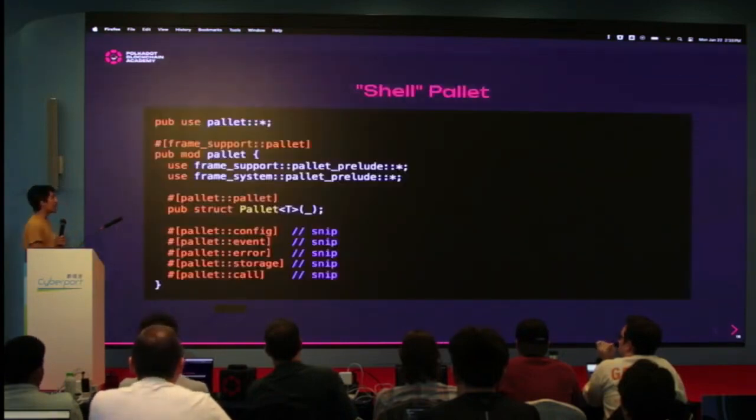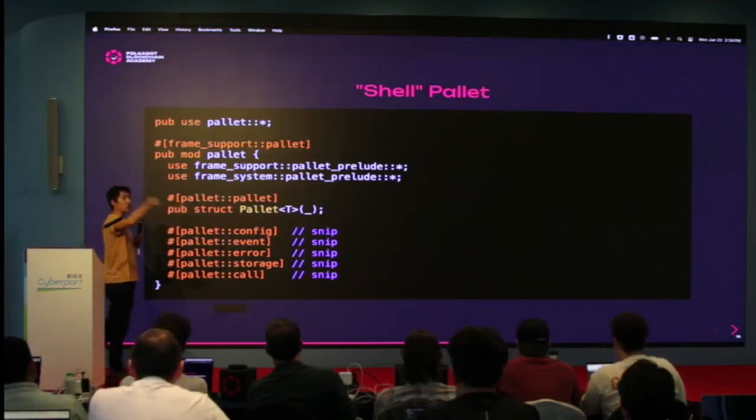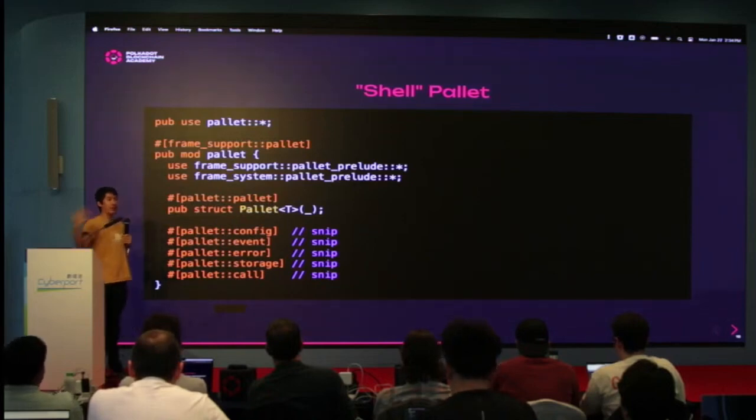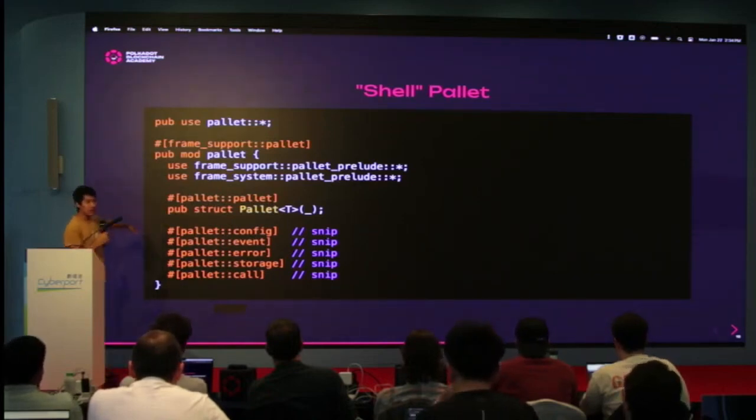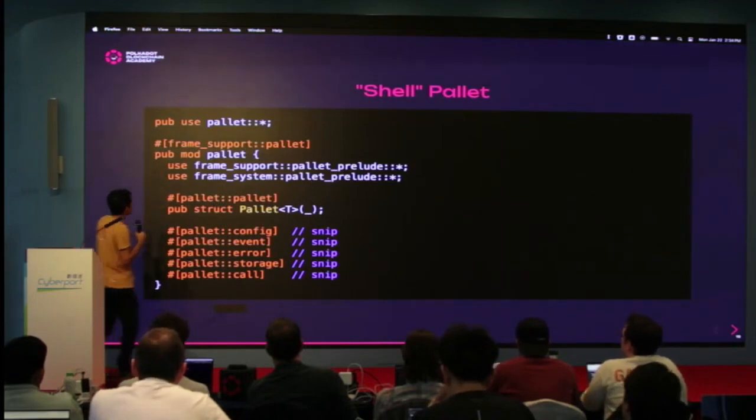So let's look at a shell palette. The tutorial I want you to do will start with this exact shell palette, and you'll fill in the blanks and see what a full palette looks like. Basically, it looks like Rust. It has these macros in here, which do some magic and make things simpler. You can see here we're importing some